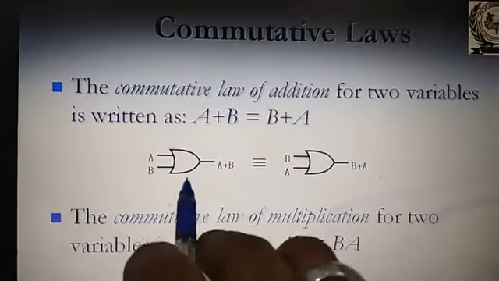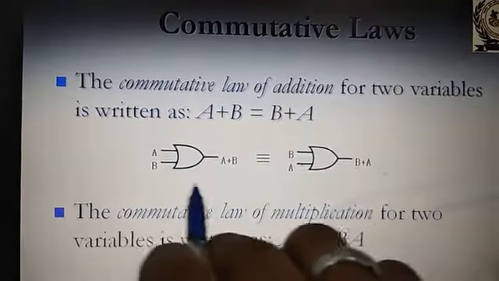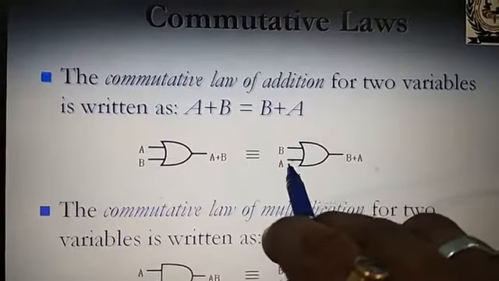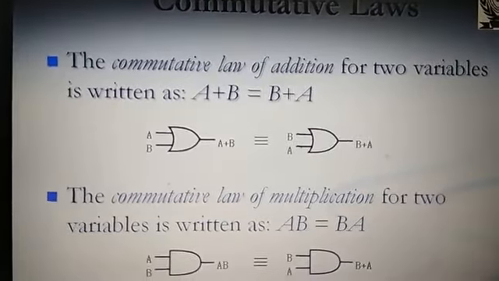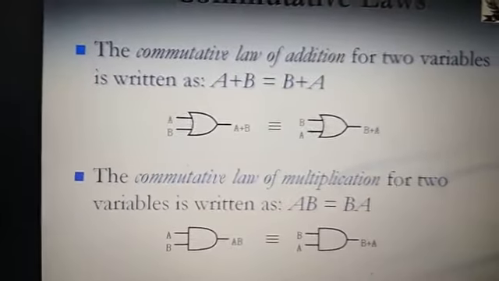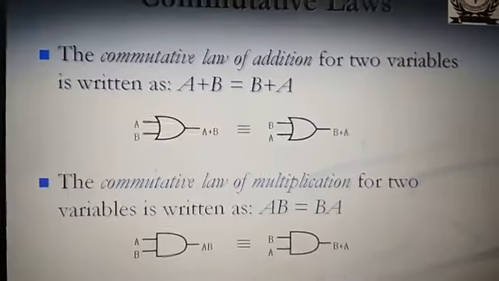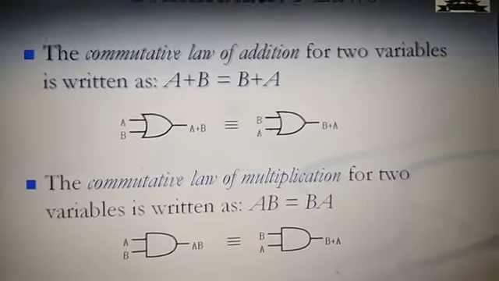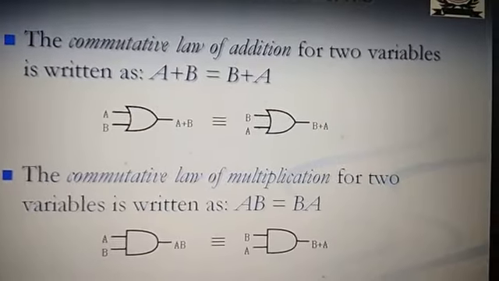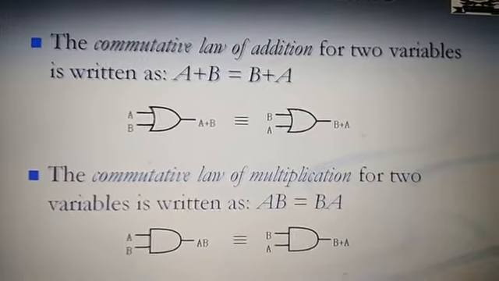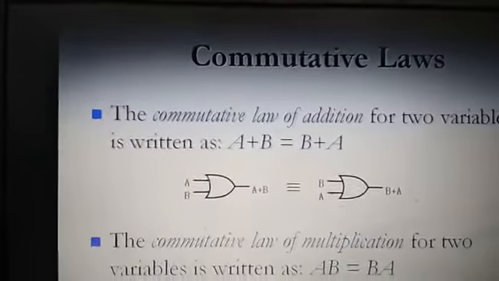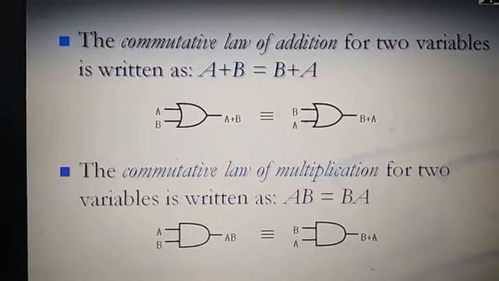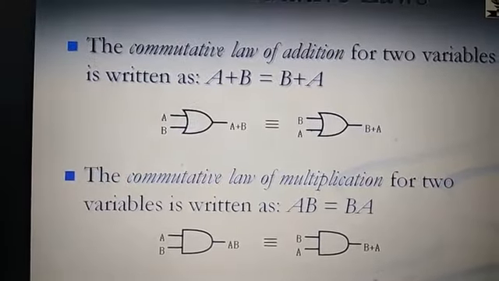Here you can see this is an OR gate, A and B. So this addition is A plus B, or you can use here B or A. Addition is B plus A. So this is possible. You can change the literals from their places. It doesn't affect. This is the commutative law. The commutative law of multiplication for two variables is written as A dot B is equal